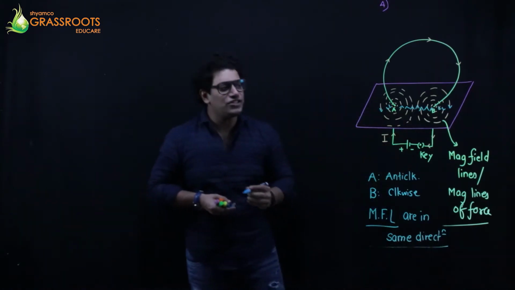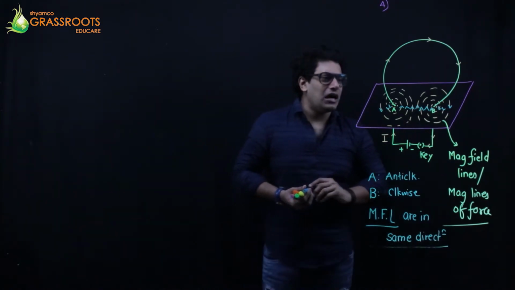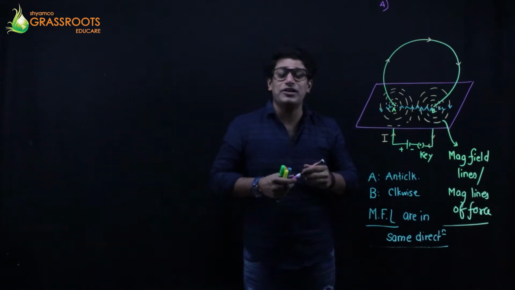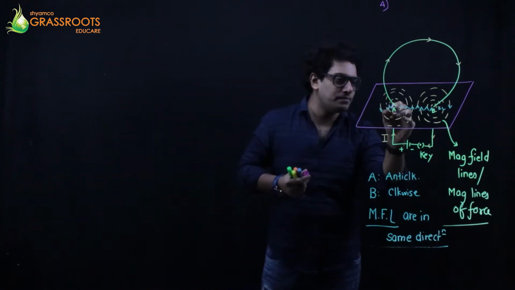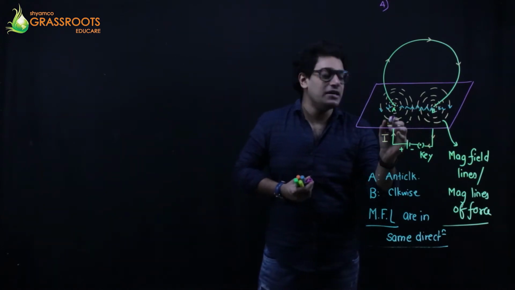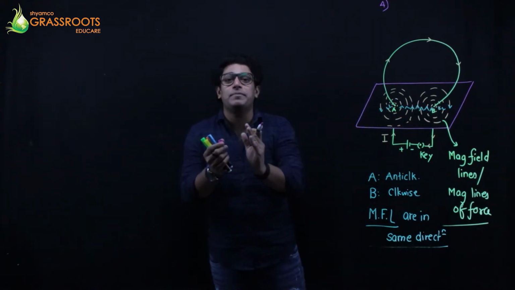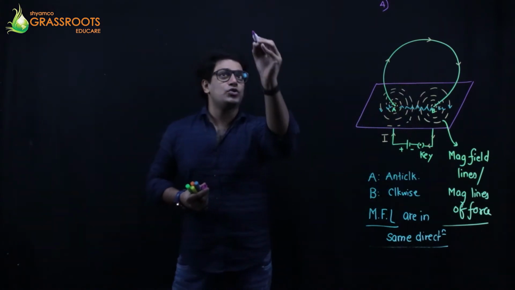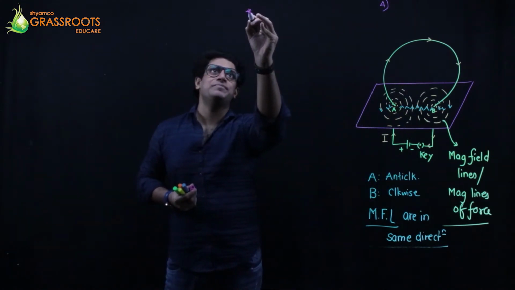Second चीज क्या बोल रहे हैं पता है वो लोग, जैसे हम लोग सेंटर से दूर जाते हैं, as we try to move away from the center, this is my center A and B, the lines of force start becoming parallel to each other and parallel to the board. So the second, these are all observations.